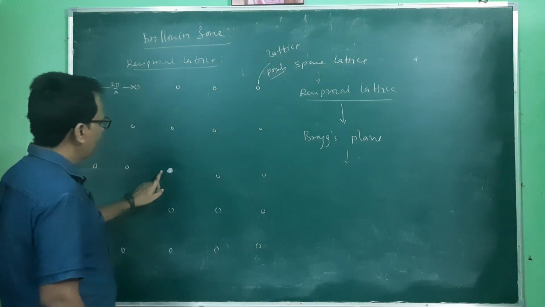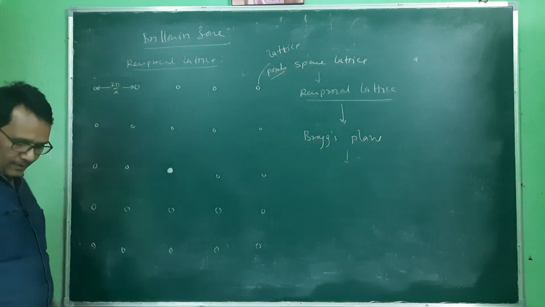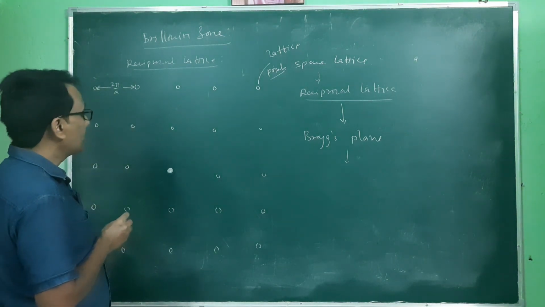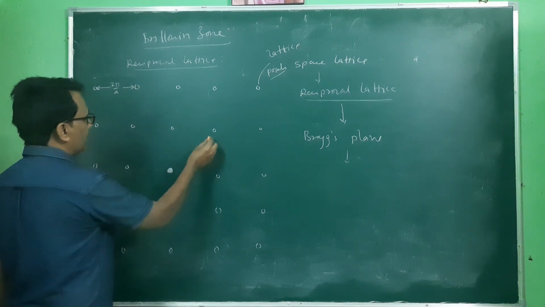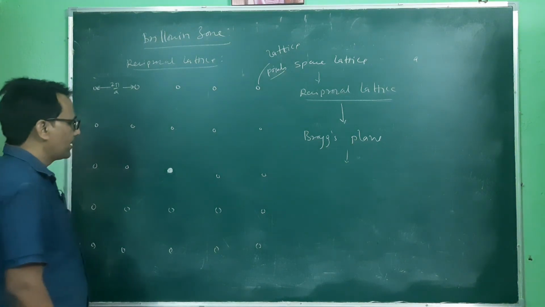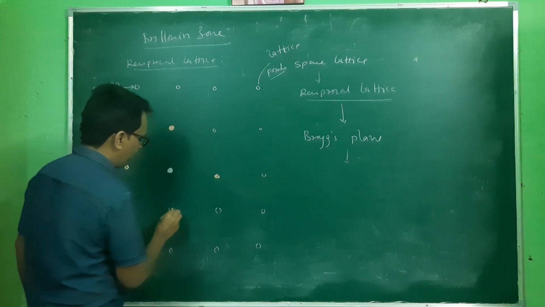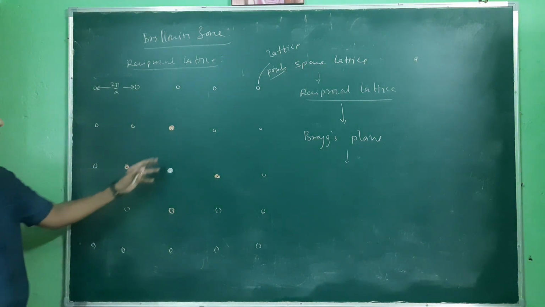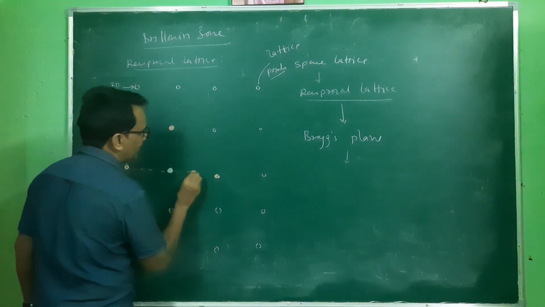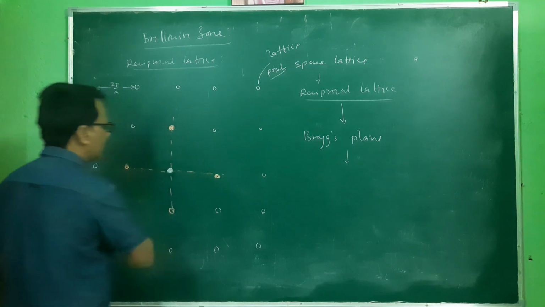First of all, we choose one center point here. This is the center one, and then the next step is to identify the first nearest atoms. Here these are 1, 2, 3, 4, 5, 6, 7, 8 surrounding atoms, out of which the nearest atoms are these 4 atoms. So first of all, we identify the nearest atoms. Here we have 4 nearest atoms, and then we take the equal normal bisector of the plane.